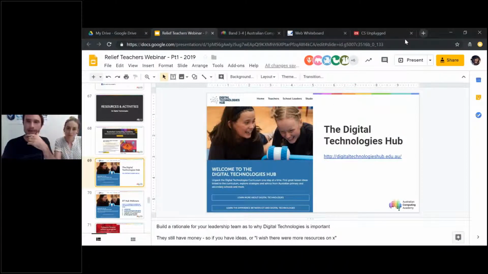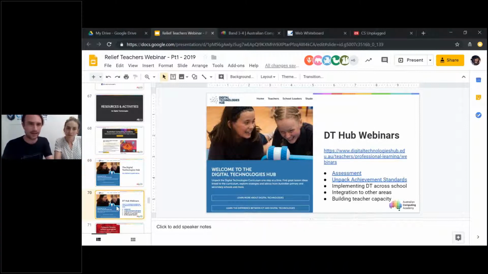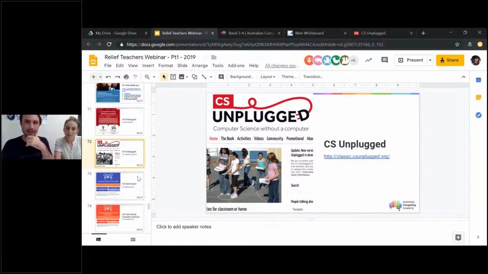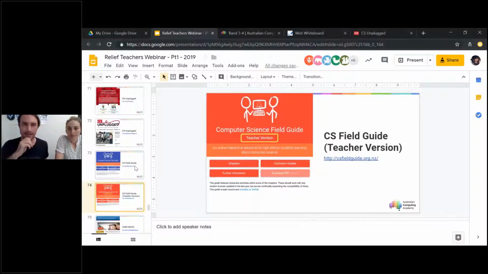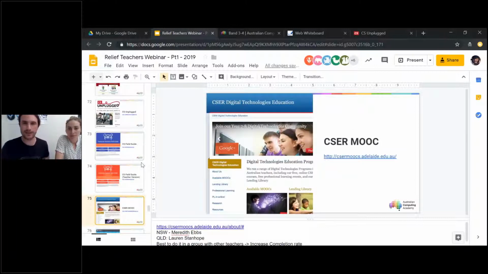Resources. It's run by Education Services Australia, and it's a nationally funded program to look at resources that are available to you as teachers. There's some great webinars there. There's links to the CS Unplugged and the classic CS Unplugged there. There's also the CS Field Guide. CS stands for Computer Science, by the way. Sorry, I assumed information. That's a bit more like an online interactive textbook, a bit more aimed at high school students. The CSER MOOC, which is the Computer Science Education Research Group at the University of Adelaide, run